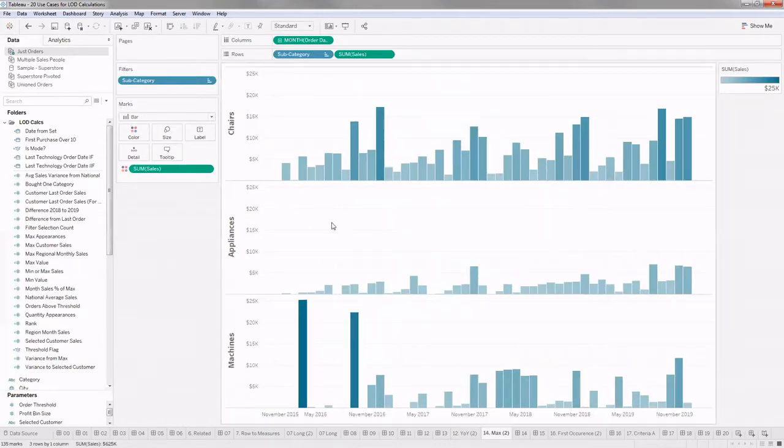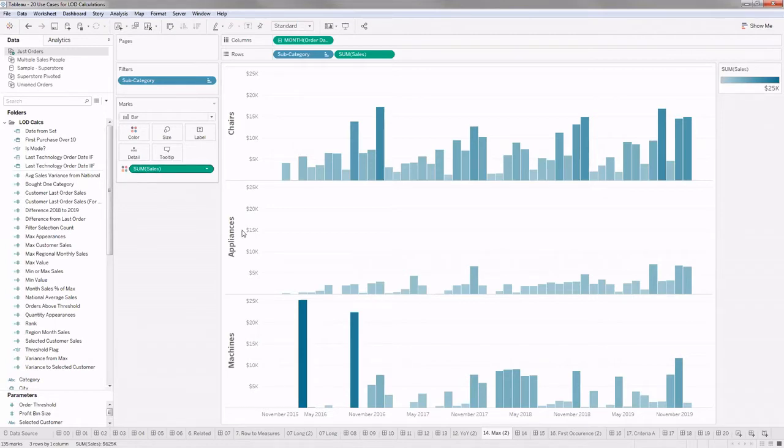Okay, if you see, I have a view where I have only 3 subcategories and am viewing their sales across months, for each month. Now, the problem is, I have colored each of these bars with the sum of sales.